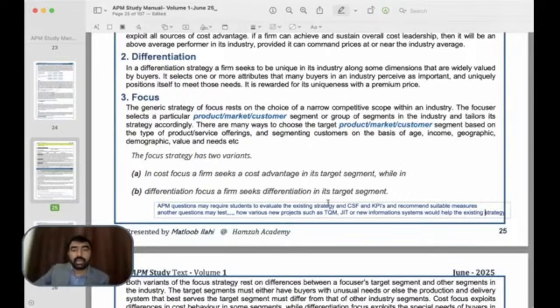How a new information system would help the strategy, or the question may ask you to evaluate the existing information system in the context of the strategy,